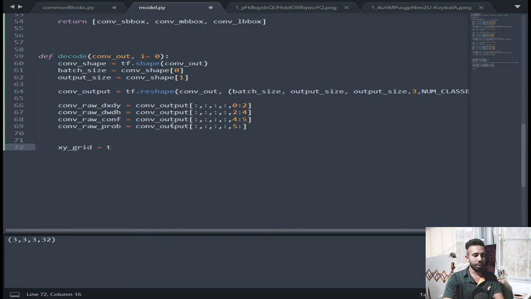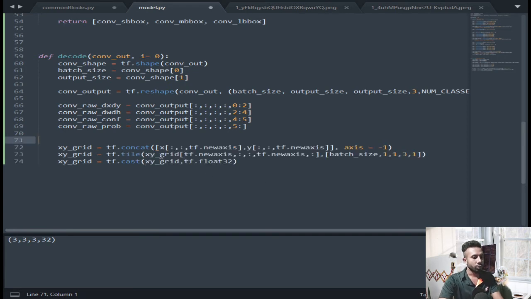make out there TensorFlow concat, and pass out there x, pass out there. So this will be a long command. I have copied these three lines of code, and basically what they are going to make